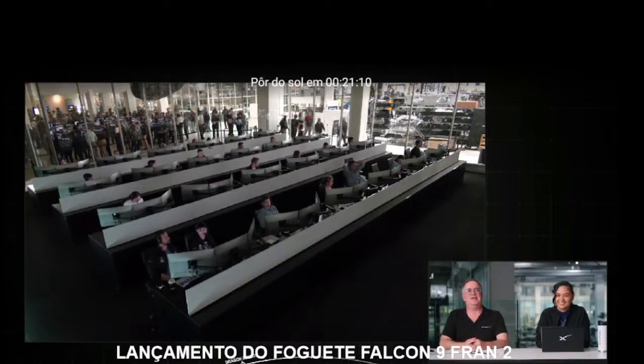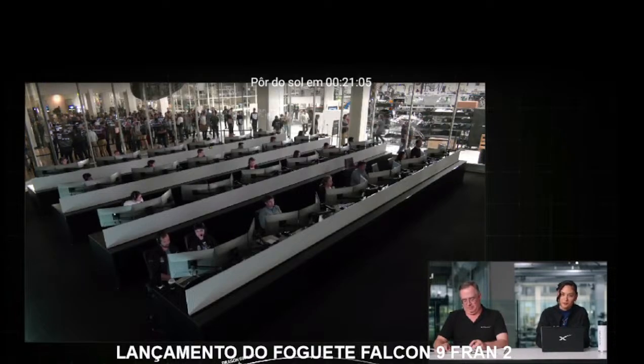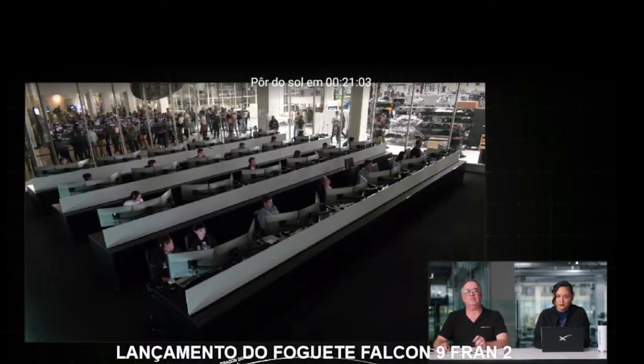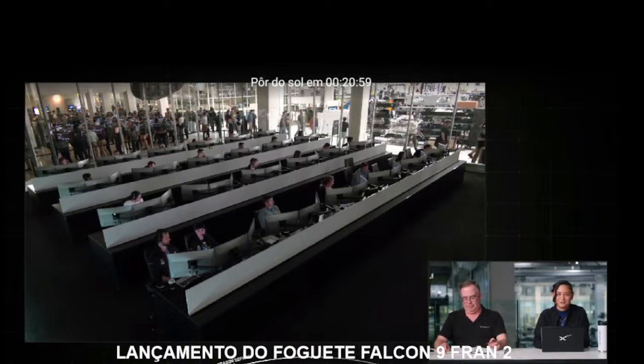Want to make a quick note about that 0G indicator that you saw. That is a bear that was chosen by the mission commander Chun Wang in honor of what he says